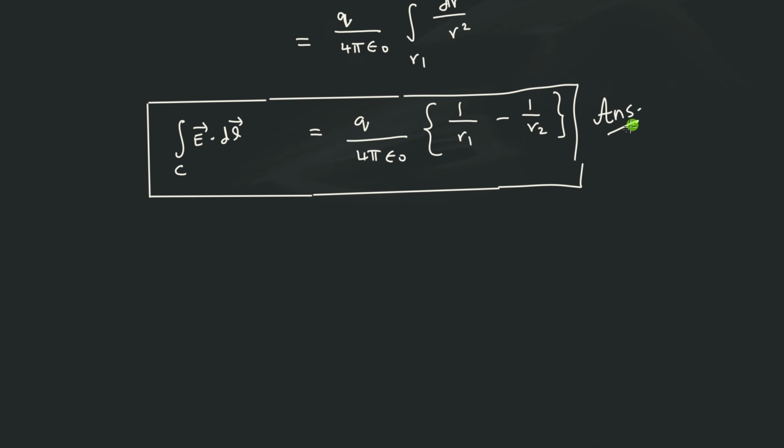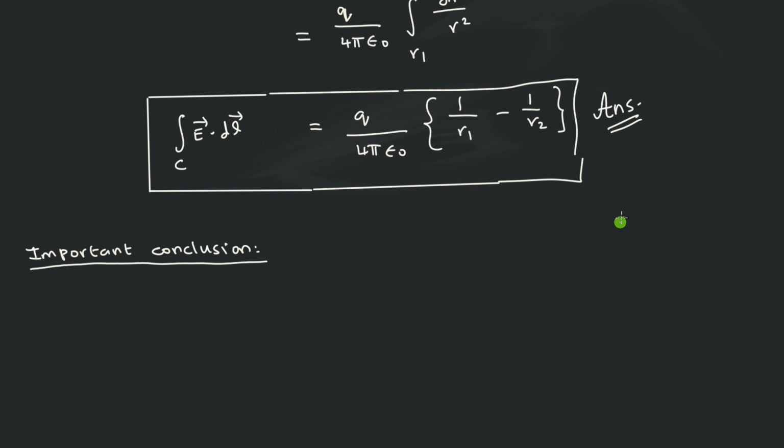But however, we will make some conclusions. There are some important conclusions from this particular expression. So now we got this. We started with a problem, we got the answer, that is fine, but that is not our only aim. The solution of this particular problem is also useful to understand some other foundations, or some more understanding of the value of the integral E dot dl, and that's what we have written. There is an important conclusion that can be drawn from this equation.